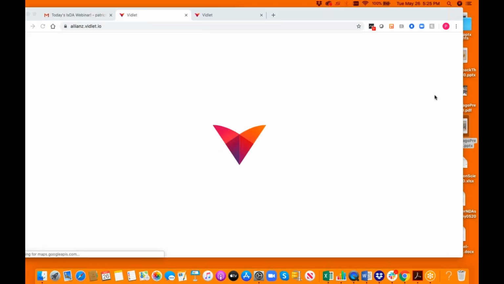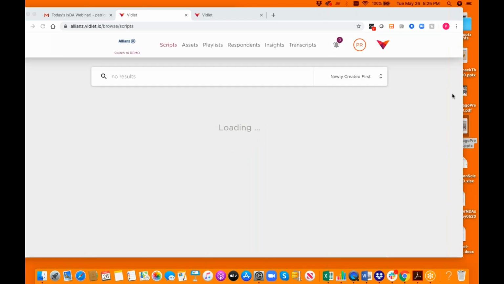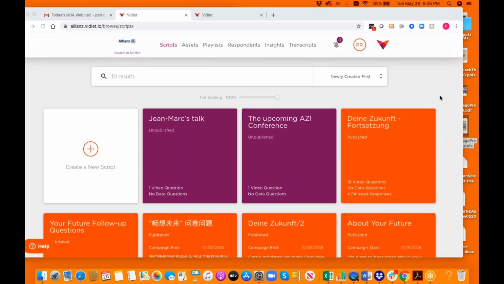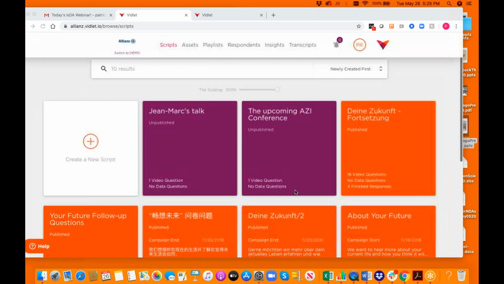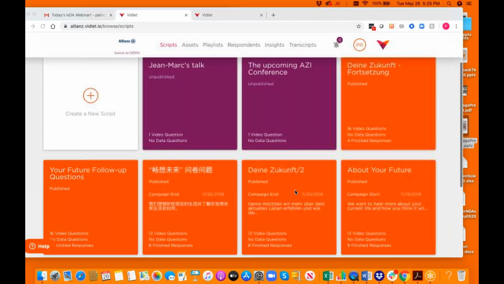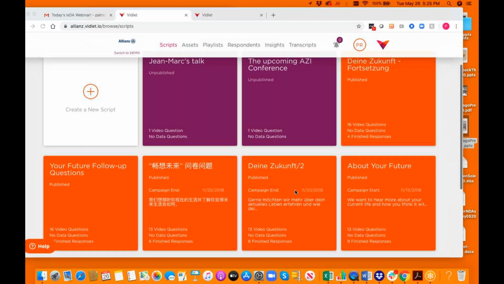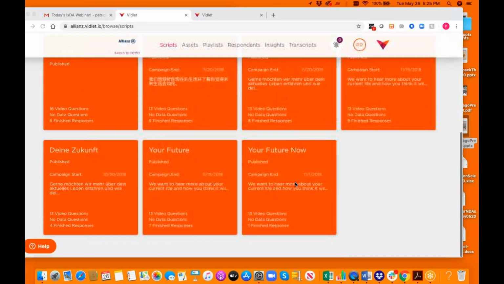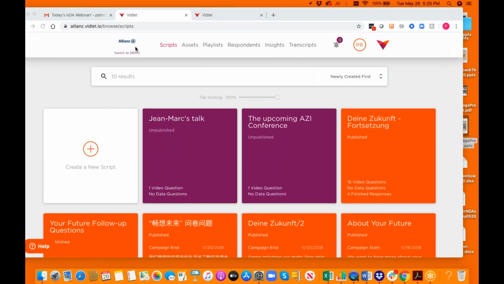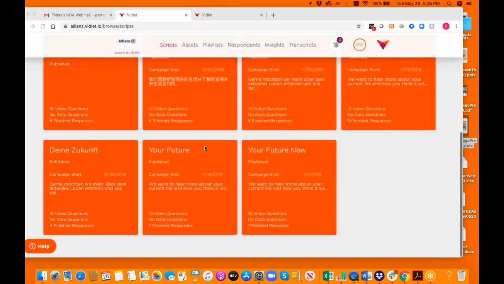So we have to move these buttons aside again. This is what a typical Vidlet site will look like. I mentioned that the participants will get a set of questions on their mobile phone. This is what it looks like on our end. This is a study for an insurance company. And if anyone has any concerns about data protection and me showing videos and names of people, all these people have released their names and the right for us to share it, because that's very important to us.